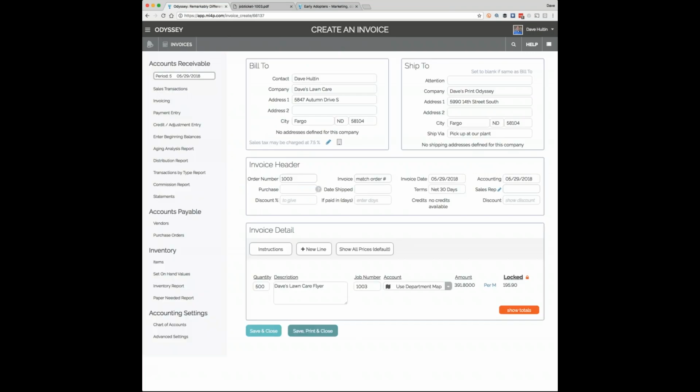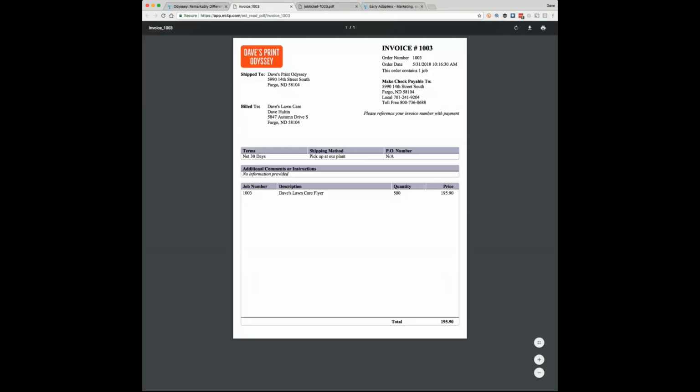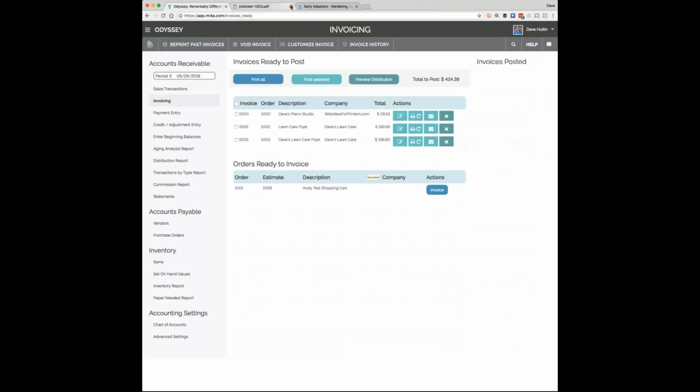There's more information about that invoice, and we can go deeper into that in a future webinar as well. For now, though, we're just going to go ahead and save and print and close. As soon as I put in my date there, got my friendly reminder. Save and print and close. And there we go. There is our invoice. Send it out to your customer, or they can get it online as well through their view of their portal. And that's it. That's the big finish.